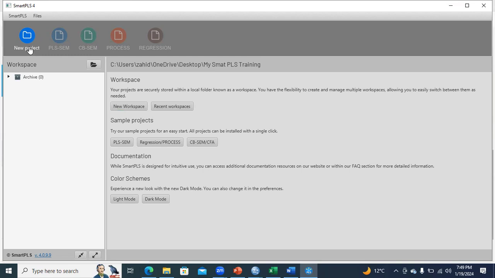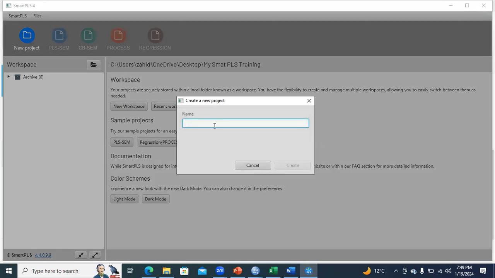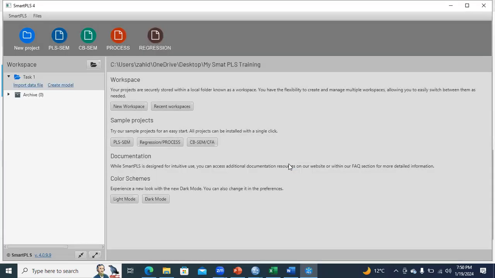I am creating a new project named task 1. Let's suppose this is the first task I am going to do in my workspace. When I create task 1, you can see that the remaining four options become active: PLSM, CBSM, process,